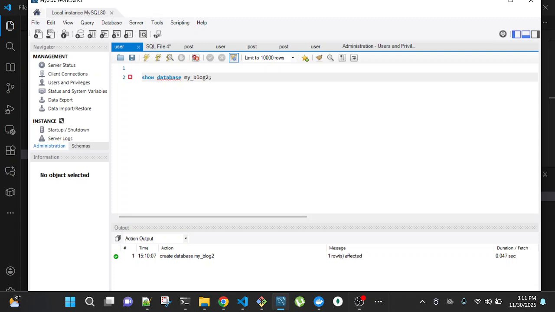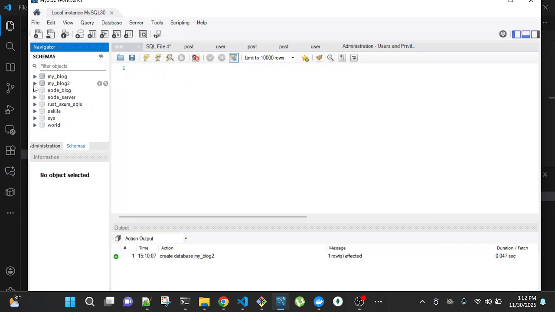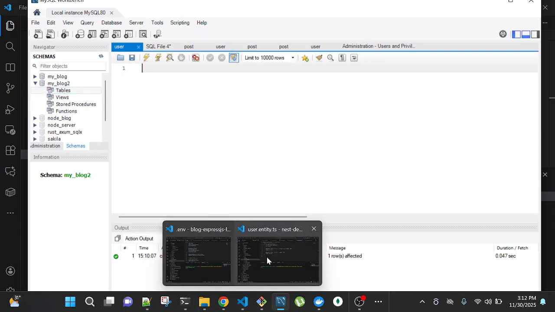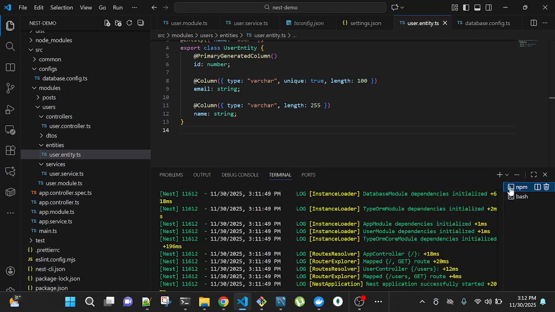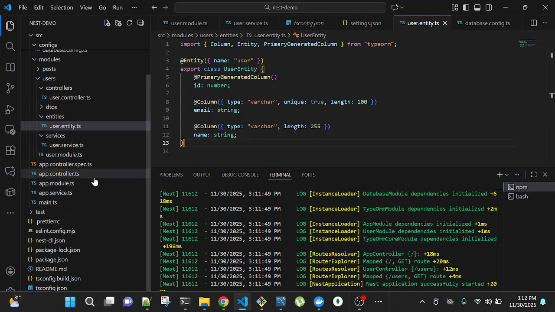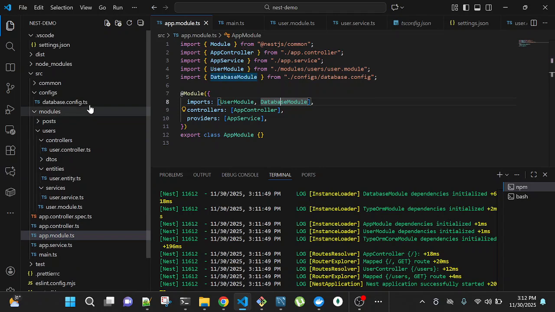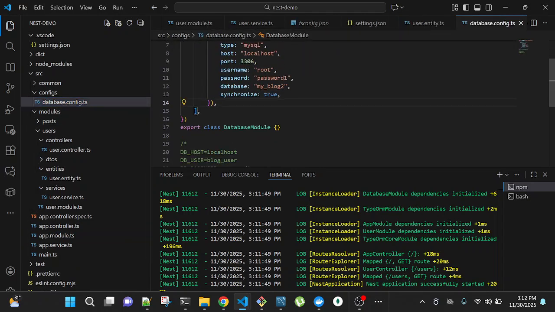Show databases. Okay, no. If I come back to the schema here and expand, see there's no table. No table is created, right? npm is still running. So if I come here, our app is configured, right?